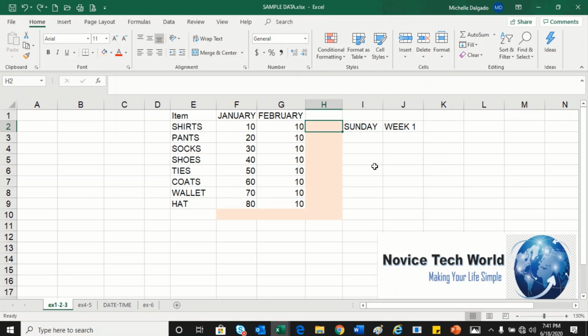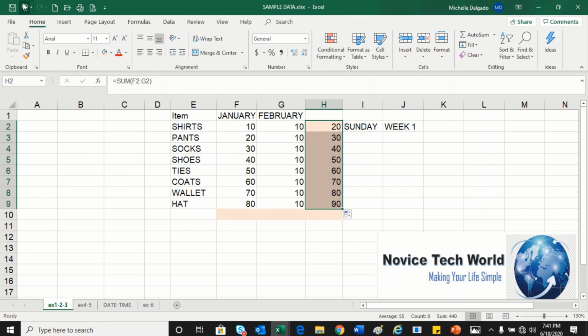So let's see how we can use the autofill function when you're copying down a column. Say I have an AutoSum formula out here in this cell, which gives me a total of the sales in January and in February. That would be 20. Now, if I want to copy this formula down across the column, I can either do this, drag and select,